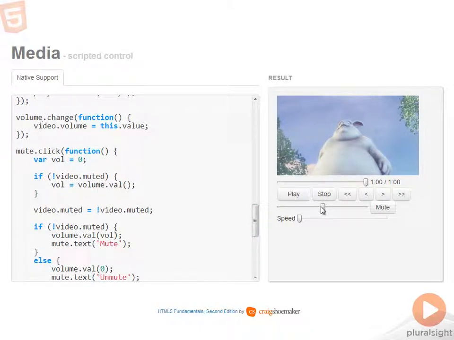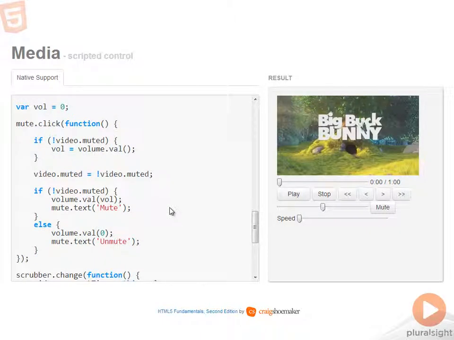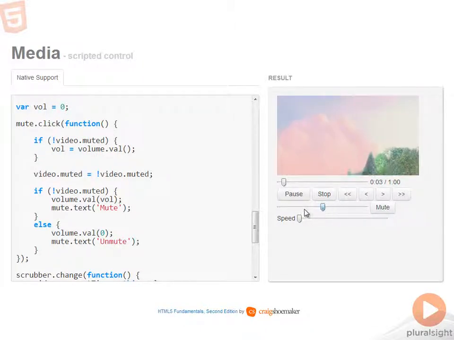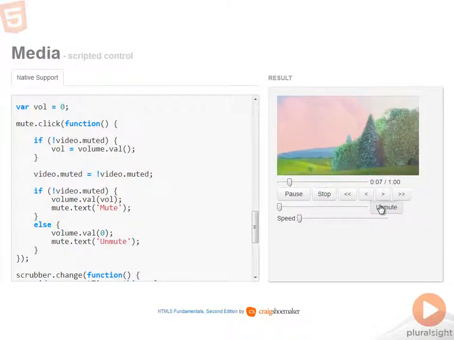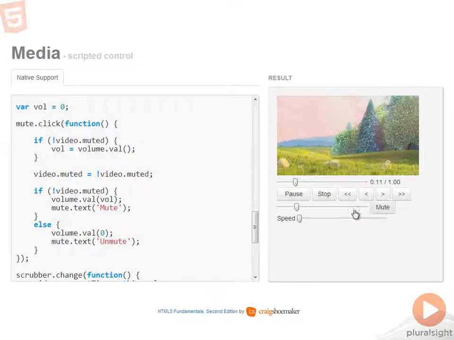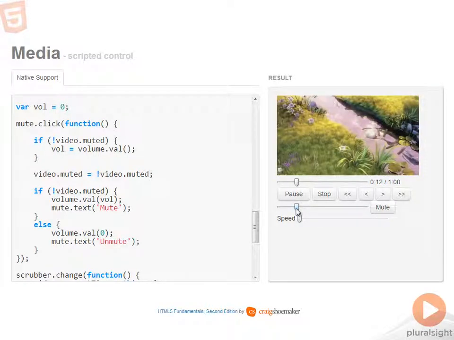For volume, remember that's just a slider right here. So as the change event fires, I'm setting the video volume equal to whatever the value is of the slider itself. Now implementing the mute functionality takes a little bit of logic. So if I play the video here and change the volume and then mute it and then unmute it, notice how when I mute it goes to 0 and when I unmute it, it goes back to the previous volume